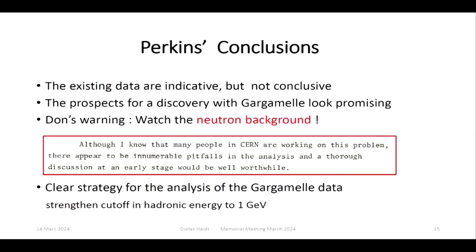So Perkins' conclusion was the existing data are indicative but not conclusive. The prospects for a discovery, we are still at the beginning of 1972, with Gargamel looks promising because of the length of the chamber. And a very strong warning was given to him: watch the neutron background. I quote from his memo, "Although I know that many people at CERN are working on this problem, there appear to be innumerable pitfalls in the analysis, and a thorough discussion at an early stage would be well worthwhile." So the strategy for the analysis was very clear, and